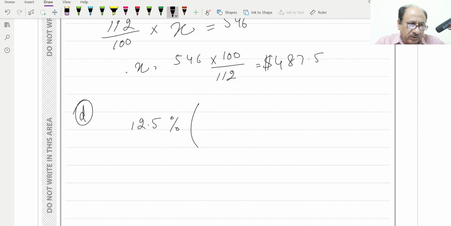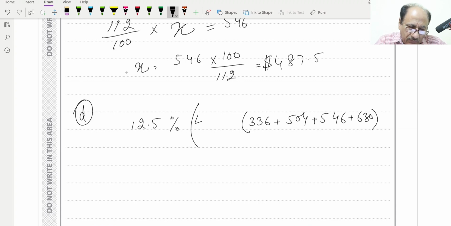We add health, insurance, food and travel: 336 plus 504, copying from the table which they have provided, plus 546 and plus 630. These are the four amounts. The total amount is 4200, and we will subtract these amounts, and the remaining amount we will calculate